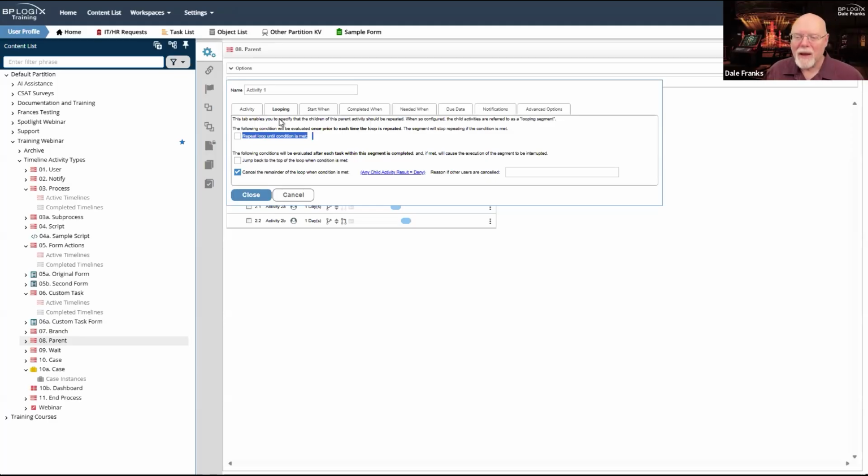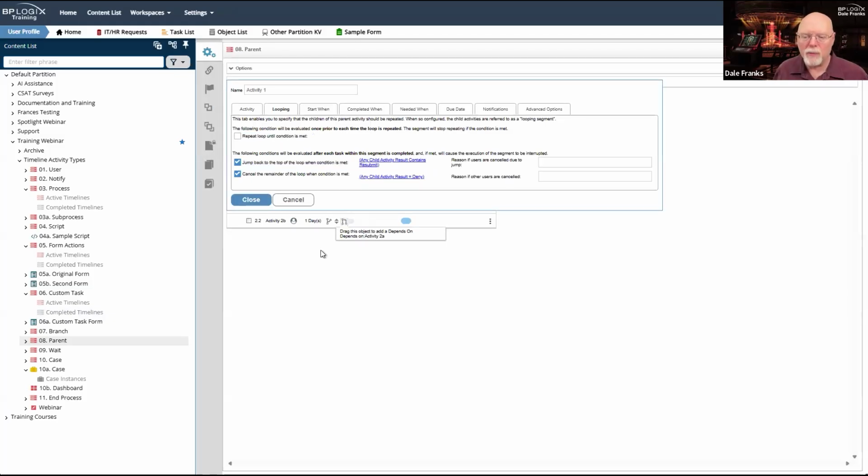Second, jump back to the top of the loop when the condition is met. Usually you jump back to the top of the loop whenever you have to have an initiator resubmittal. That's the most common way. So I need my initiator to make some change, resubmit it, and then it's got to go through the whole process again. Cool. We can do that by setting the jump back to the top of the loop when condition is met property.